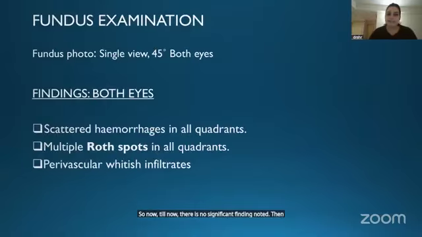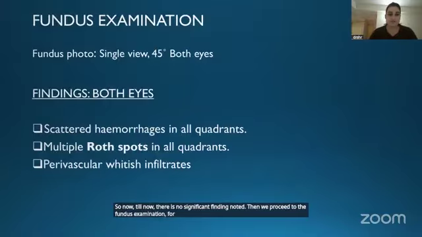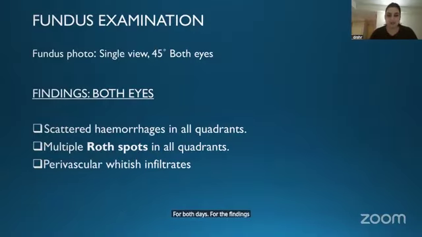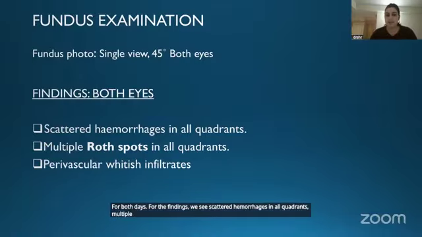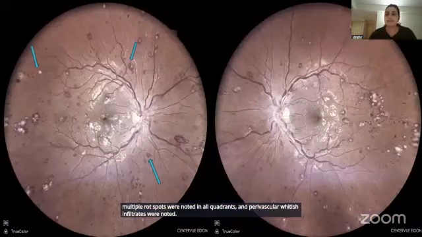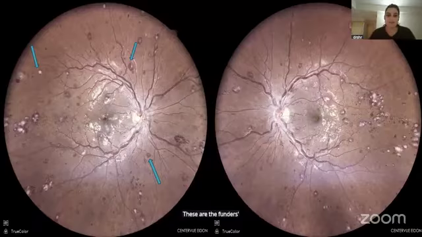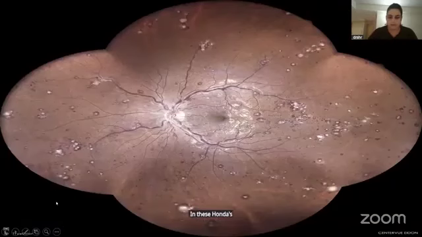Then we proceed to the fundus examination, for which we did a fundus photo for both eyes. For the findings, we see scattered hemorrhages in all quadrants, multiple Roth spots were noted in all quadrants, and perivascular whitish infiltrates were noted. These are the fundus photos of both the eyes for the patient. As we can see here, in these fundus photos,